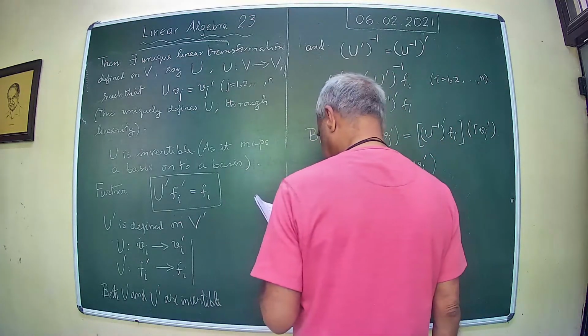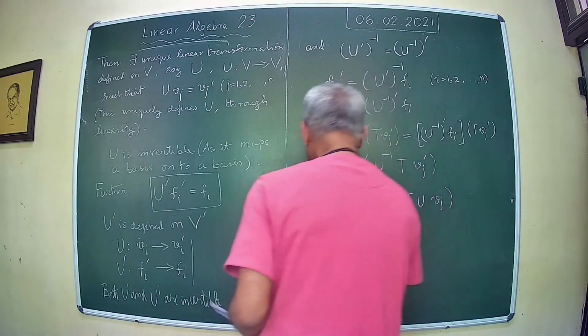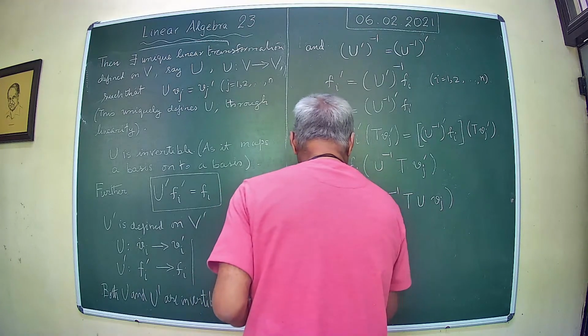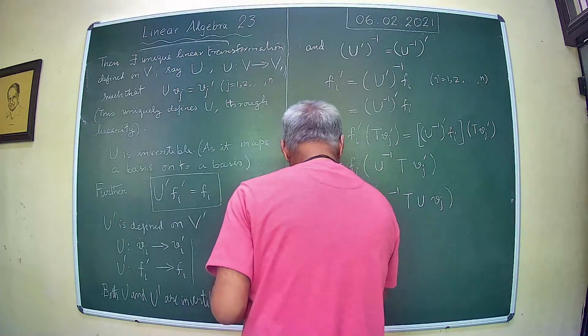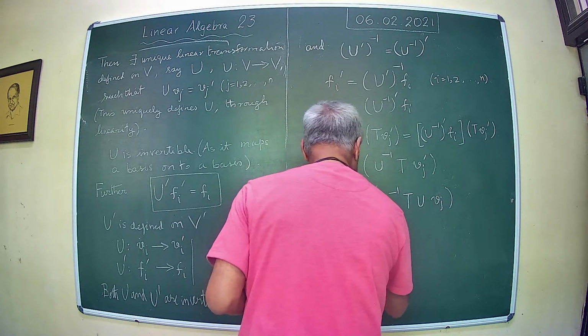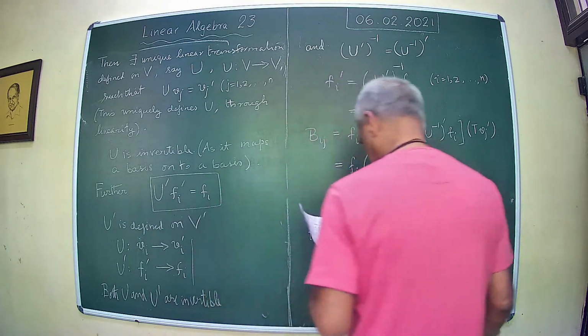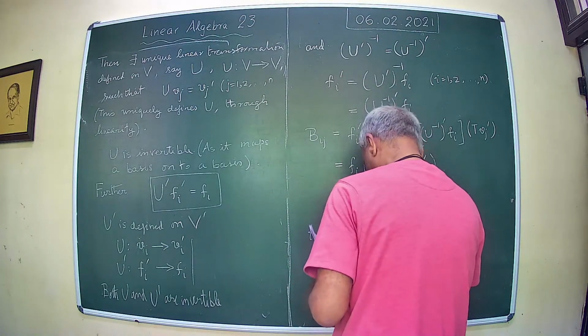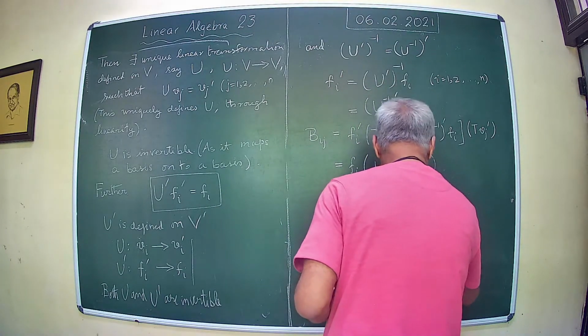That's Vj. That is Fi of U inverse T U Vj is the ijth